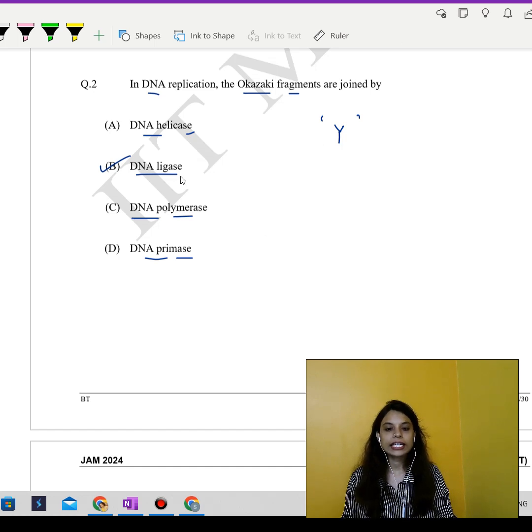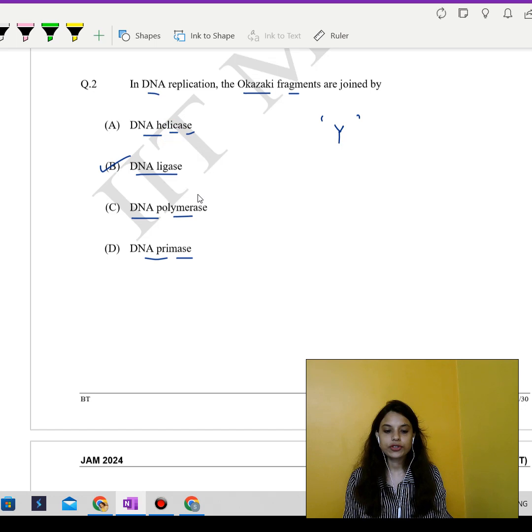Now, DNA ligase, our correct option, seals the gaps. DNA ligase covalently joins the 3-hydroxyl end of one Okazaki fragment to the 5-phosphate end of the next, resulting in a continuous DNA strand. So in this question, the points that we need to remember are: